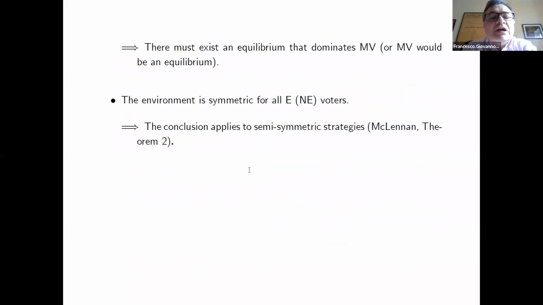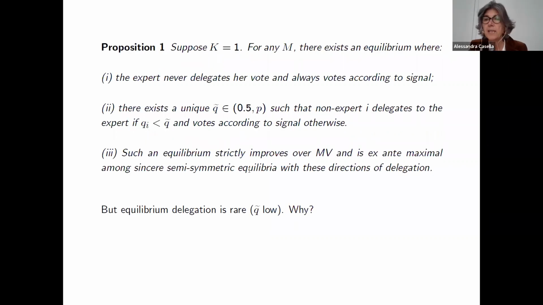Can I ask a question? Yes. I'm not sure I understood what K and M are. I remember what they are, but are we talking about any size population of experts and non-experts, including, for example, having one expert and two non-experts? The result would still be true. Yes. And in fact, I'll show you exactly that example in a second. If there is a follow-up question, ask me after I've shown you the example.